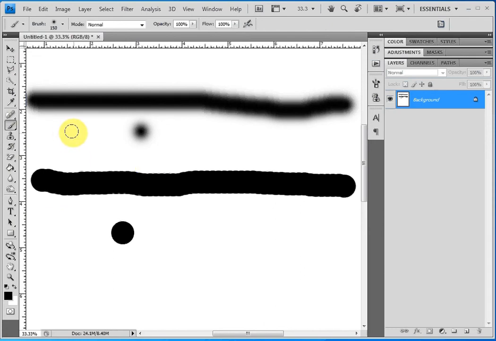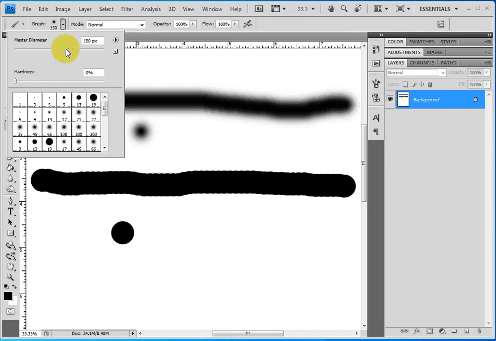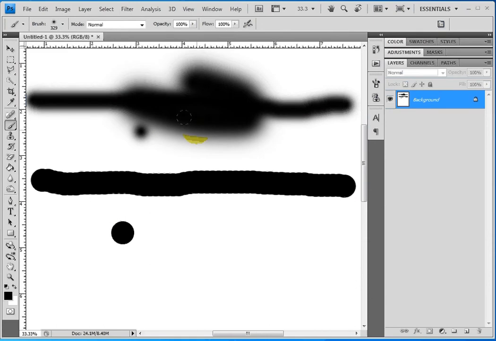Okay, so if we wanted to change our diameter, we could make a big circle. One of the best keyboard shortcuts for me is to increase and decrease your brush size. There's a bracket key. So right underneath the plus key, it's called a brace key. That right brace, right underneath the plus mark, makes your brush bigger. You can see it makes it bigger by 100 pixels at a time. Or the left brace underneath the minus key, right next to the P key, if you click on that, it toggles and makes it 100